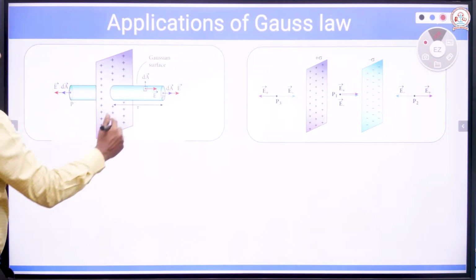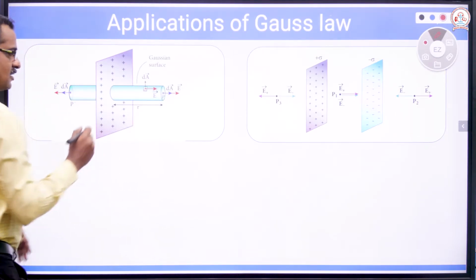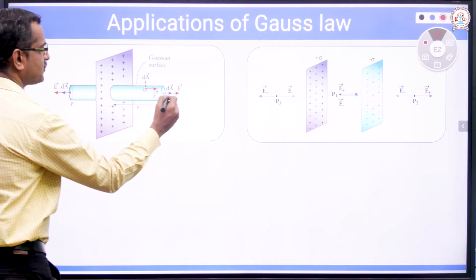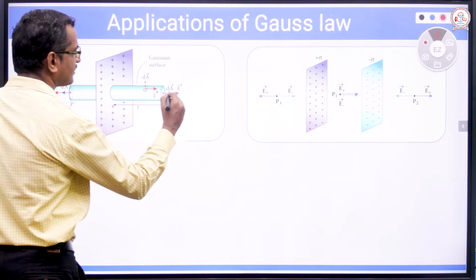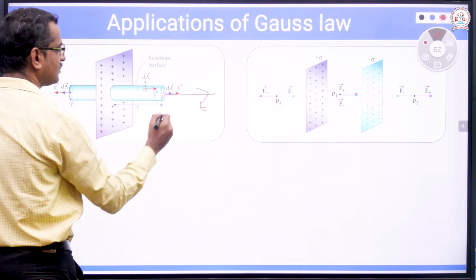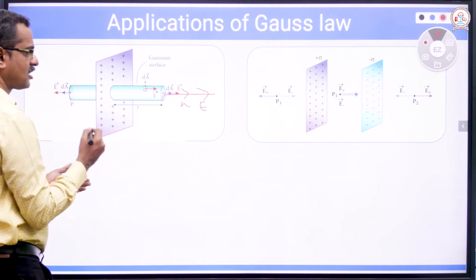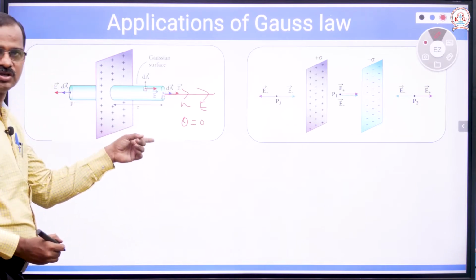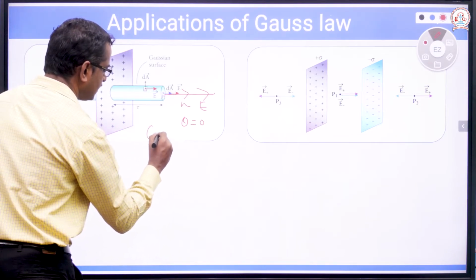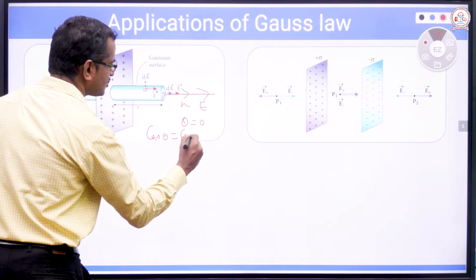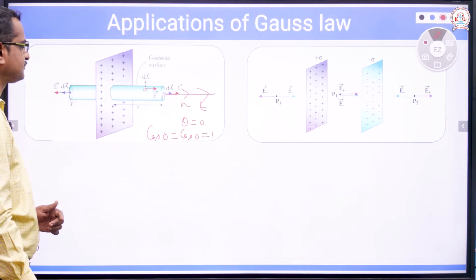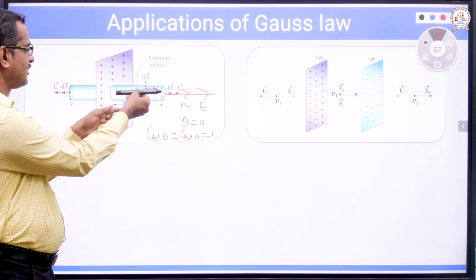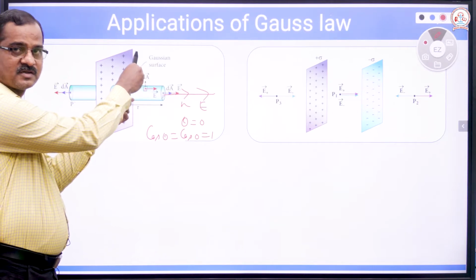Okay. Now, imagine a Gaussian surface like this. Gaussian surface is an imaginary surface. At this point, you see that electric field is acting along this direction. Normal is also in the same direction. Therefore, theta is equal to 0 here. Cos theta is cos 0, whereas cos 0 is 1. On the Gaussian surface, on the curved surface area like this here, electric field is acting along this direction and normal to the surface will be along this direction.